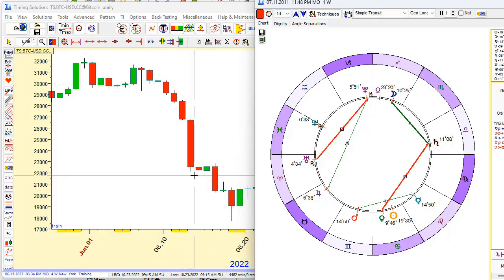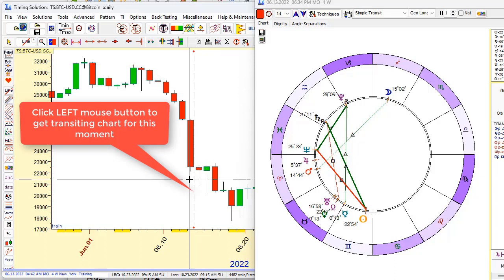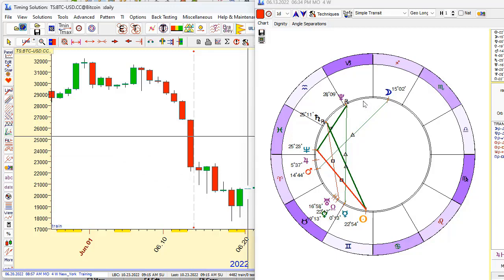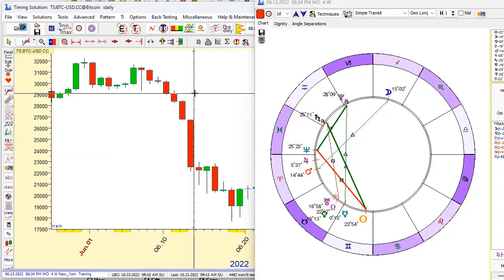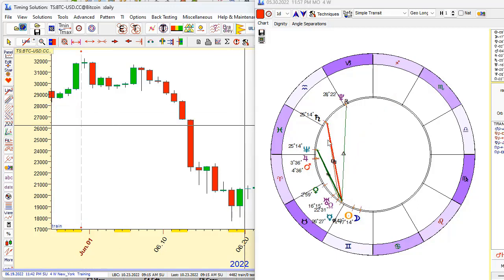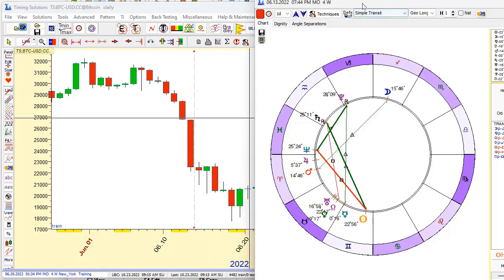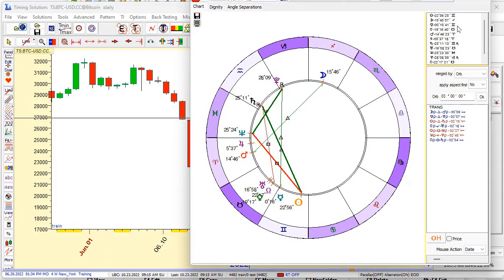Do this. Click the left mouse button here, and you will get this vertical line. The program automatically recalculates the transiting wheel for this moment, for this vertical line. For example, if I click the mouse cursor somewhere here, you see the program automatically recalculates the natal chart. Okay, I will display. Here it is. The astrological situation for this moment, and you see planets, information about planetary positions, and information about planetary